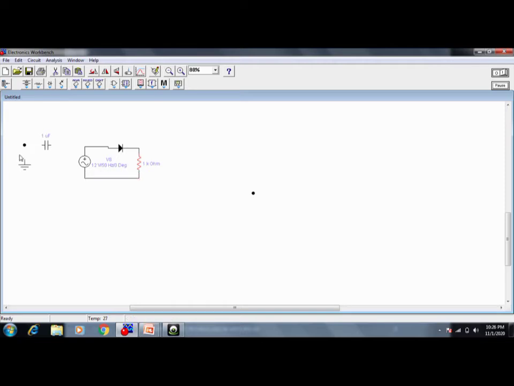Okay, and next this is the ground, and this ground is connected to another end of the resistor, and here we have to connect the ground. Okay, here you see, you just take the mouse pointer, and you are going to see the connector and you connect here.